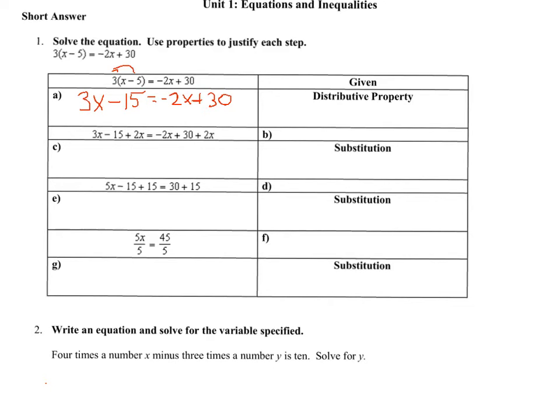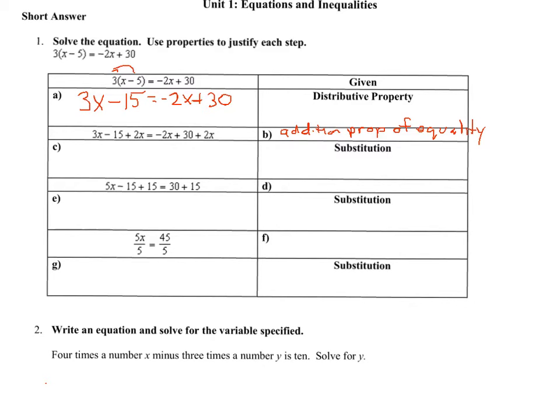Now for B, they gave us a step. We need to put the property down there. Well, let's see what they did to this. On the left-hand side, they added 2x. On the right-hand side, they added 2x. So they're adding something to both sides. That tells me that that's the addition property of equality. And that's B. Now next, they give us substitution, and that's really just substituting the answer for what we just